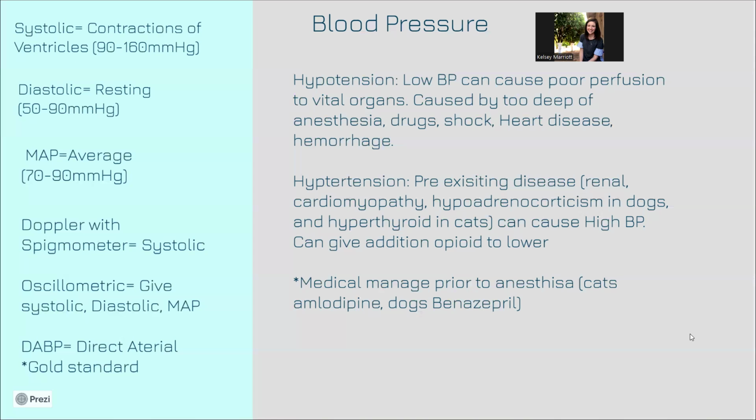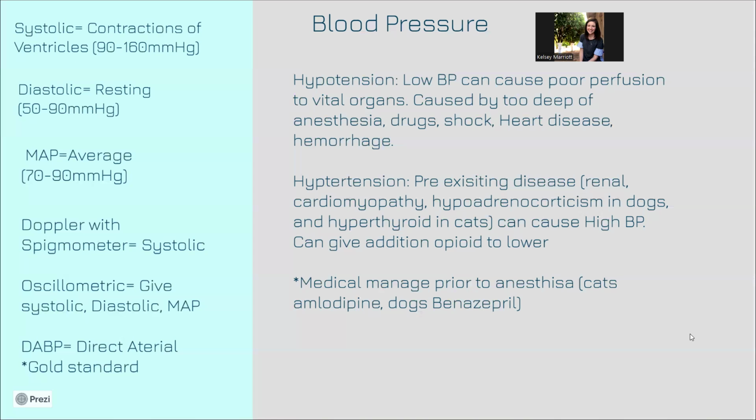And then we have our MAP, which is our average, which we want to see anywhere between 70 and 90. When we are achieving our systolic blood pressure as just a human in the practice, we are usually using a Doppler and a sphygmomanometer. So that's how we get our systolic measurement. When we're dealing with an oscillometric machine, this is where it can give us our systolic, our diastolic, and our